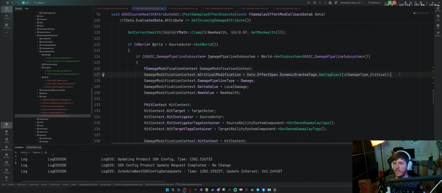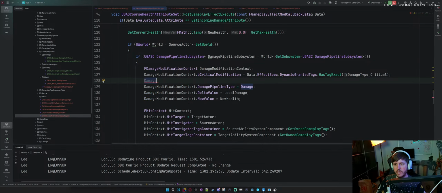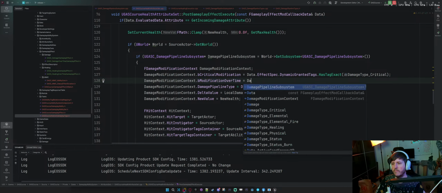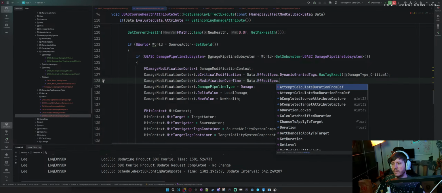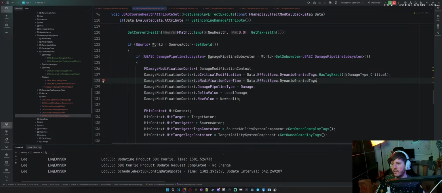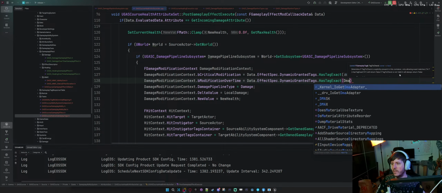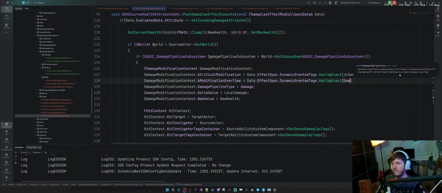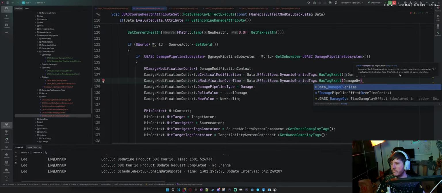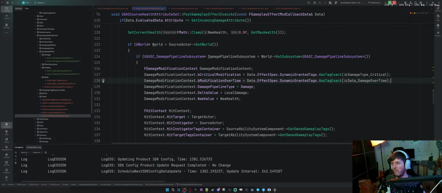In theory, I could check damage modification context dot b modification over time equals data dot spec dot dynamic granted tags has tag exact damage over time. We'll see.